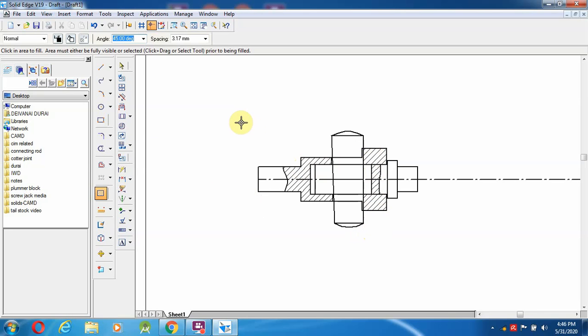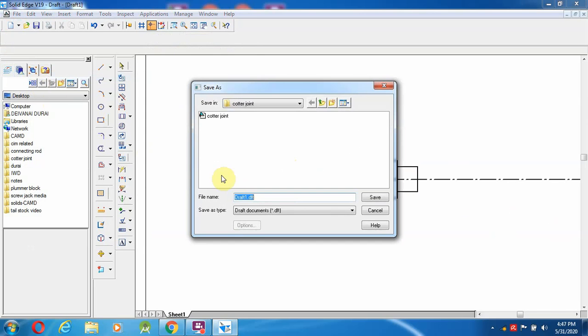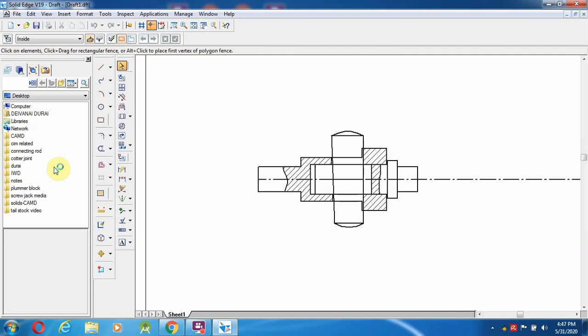So fill it and close it. So this is the surface, this is the thing we have to create, the quarter joint. Okay, you can save over here. Quarter joint of 1. So I'm going to save it.